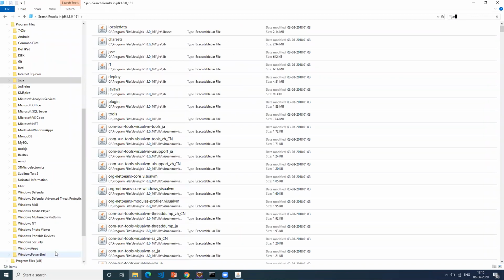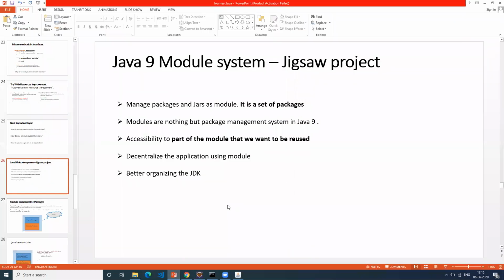If you see here, there are about 724 jar files available. If you see here in the bottom, on the left side, there are 724 jar files available in JDK 1.8 alone. Each jar does its own job, and it's very complex, right? So many jars, so many packages. I would say now it might have crossed not hundreds but thousands. Now it's very difficult to manage that entire JDK. It becomes a very big monolithic application altogether. JDK itself becomes a monolithic system, correct?